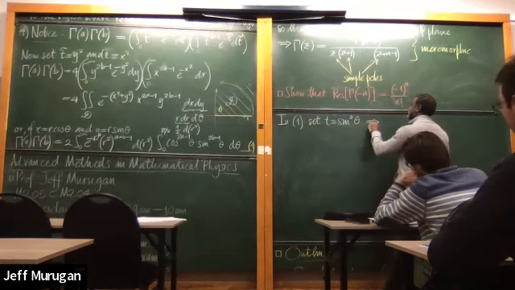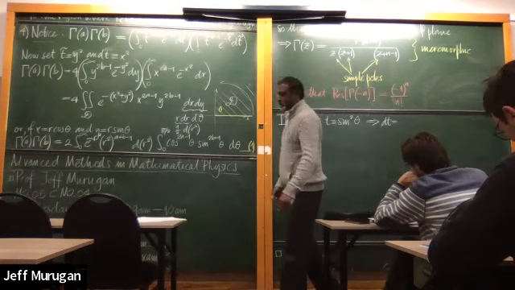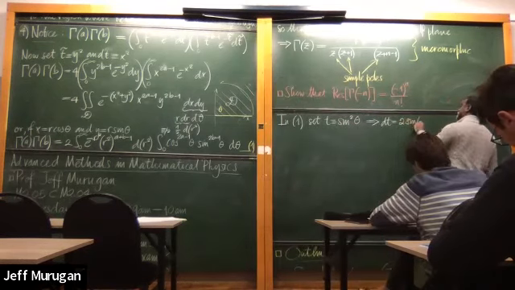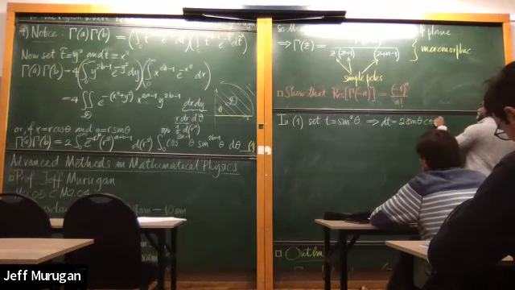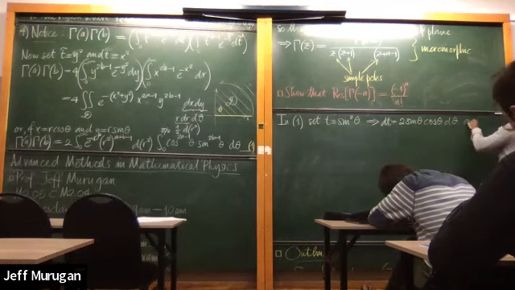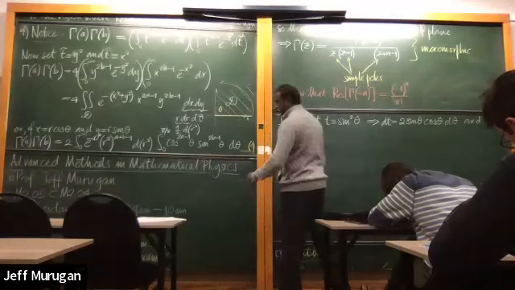So if t is sine squared theta, dt is 2 sine theta cos theta d theta. And substituting that into here,